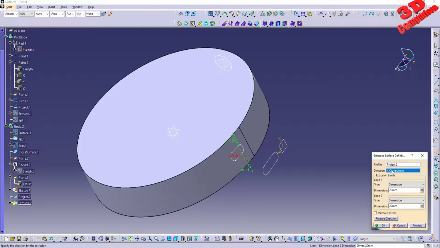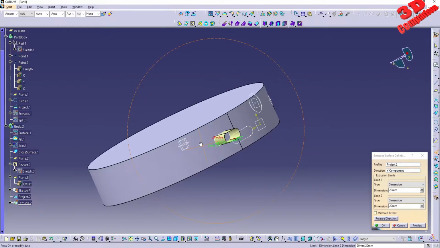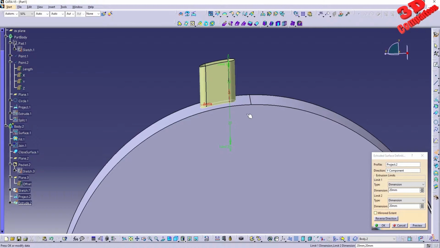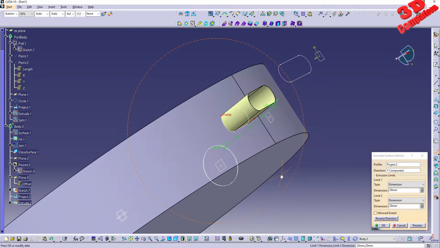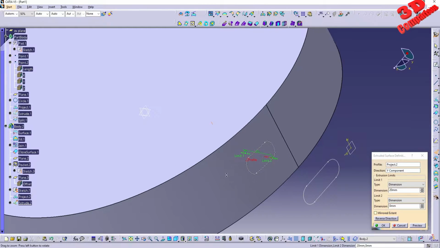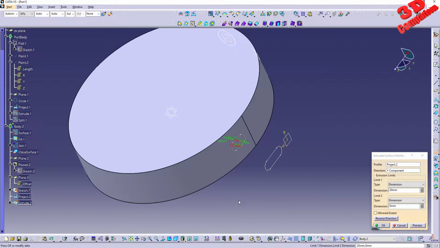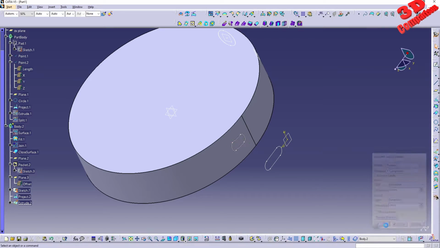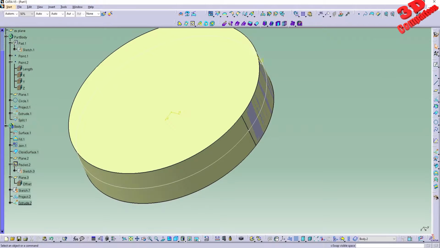As you can see, if I add X, this won't be a viable solution. But if I go with the Y-axis, again, this is not tangent directly to the surface, but in this case we can have that cut defined. So I will just add a limit with reverse, so I want the cut to be within the part. We don't see that visually over here since we have our solid part body covering everything, but keep in mind that if I extrude this 20 millimeters on the inside, and swap the visible space over here,